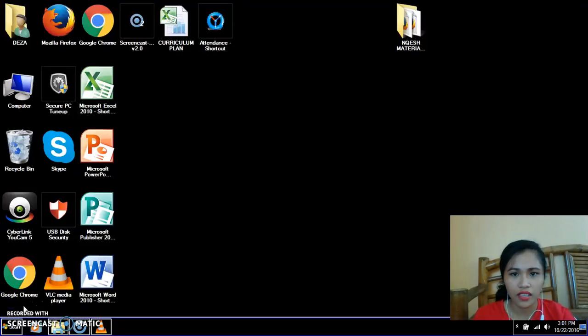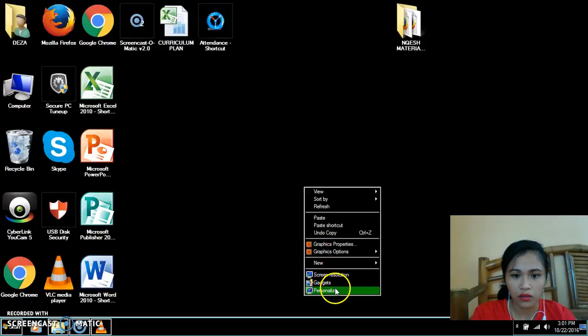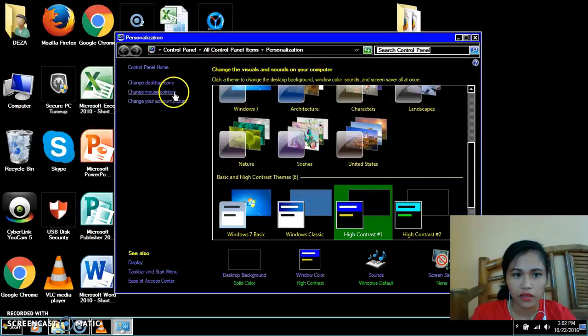So to change the desktop icons, perform the following steps. In the personalization window, click the change desktop icons.